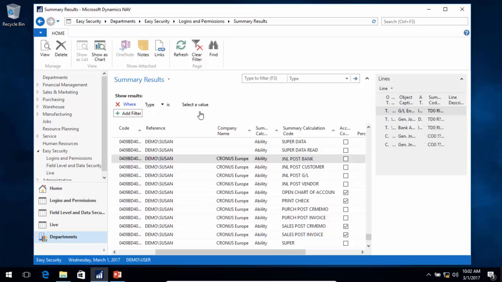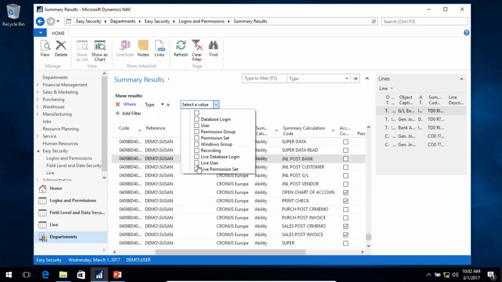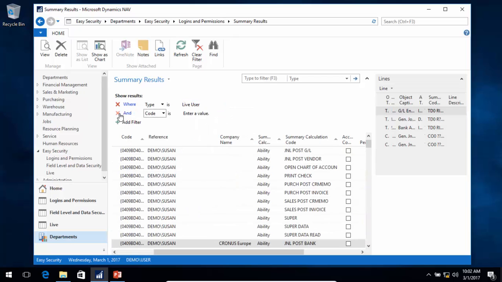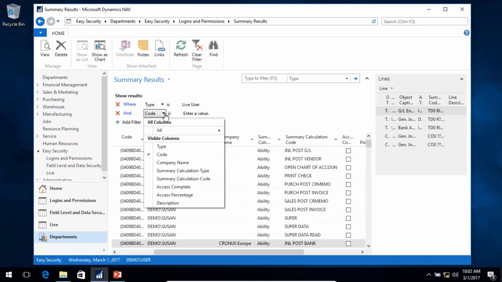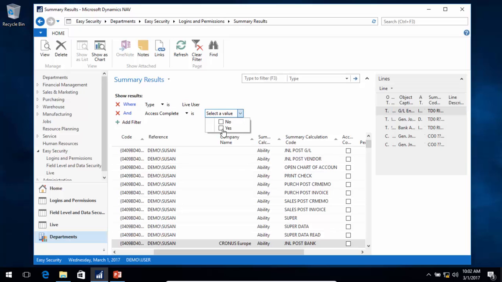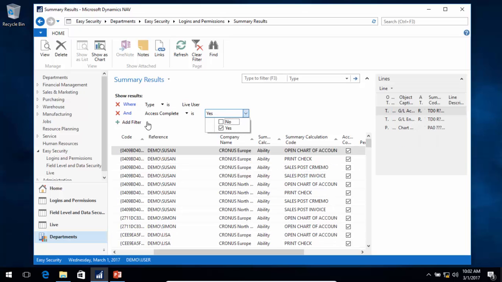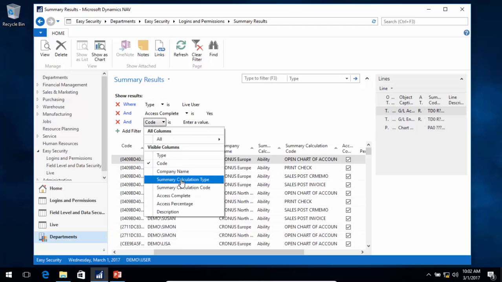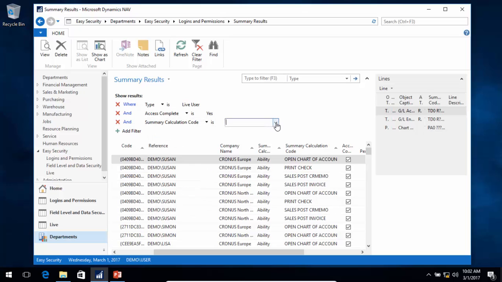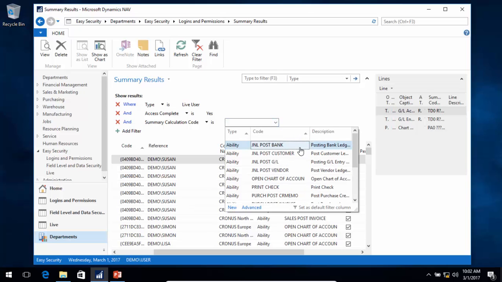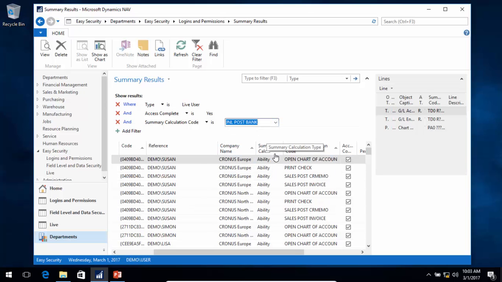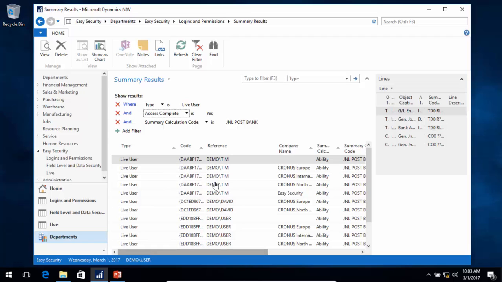If I wanted to do a report about this, I'd say I really want to know about my live users. All these other things, my auditors don't care about. I want to know everything where people have an access complete, so basically where everything is set up in here, or a user has full access. And I want to know about the ability in here, or the summary calculation code. And I can pick a single one of them, who can actually post to the bank, for example. So now I have a list of my live users